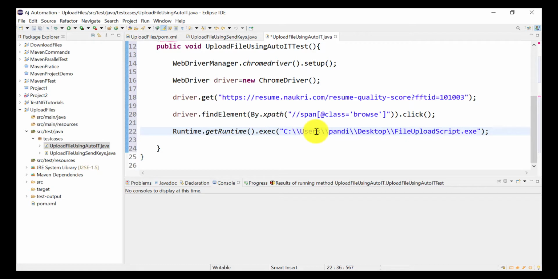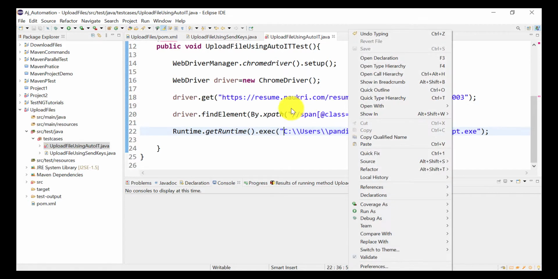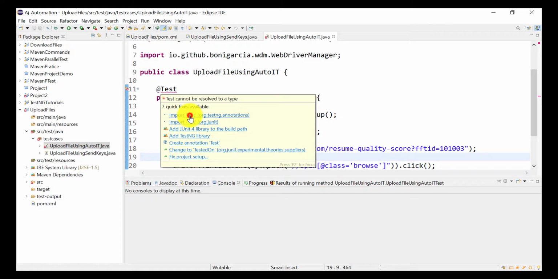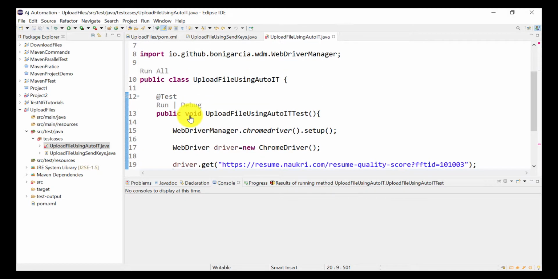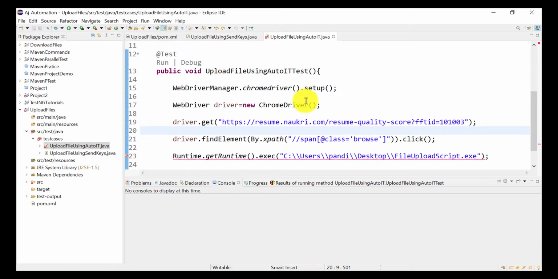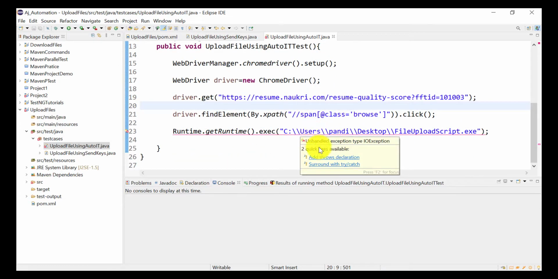Save it. That's it. Let us go and run it. Let me import it from TestNG annotation. Some issues are still there: throws declaration. That means if this file is not available, either you can handle this using a try catch block, or you can throw the exception here using the throws keyword.